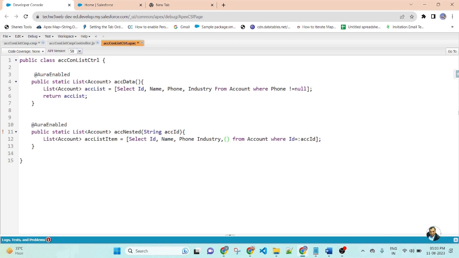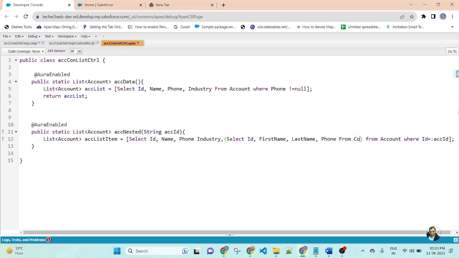Inside the bracket, I will use the contact fields. So select Id, FirstName, LastName, Phone from Contacts. Don't forget to apply Contacts, not Contact.